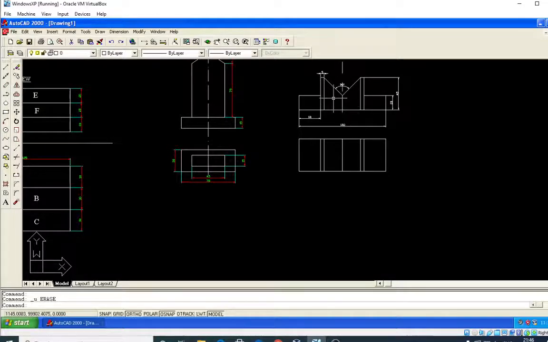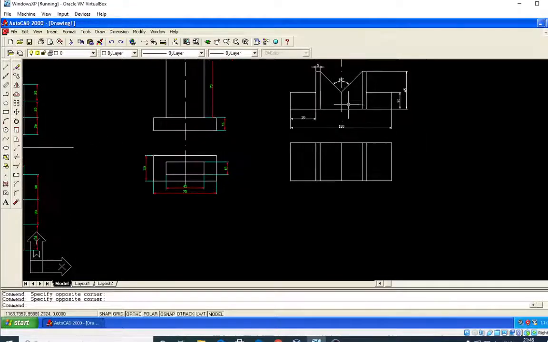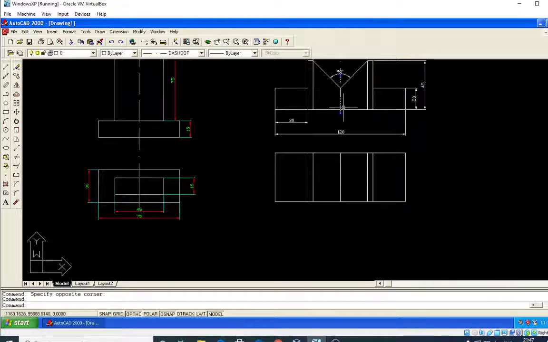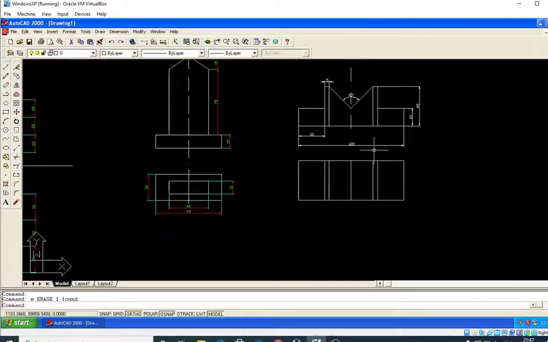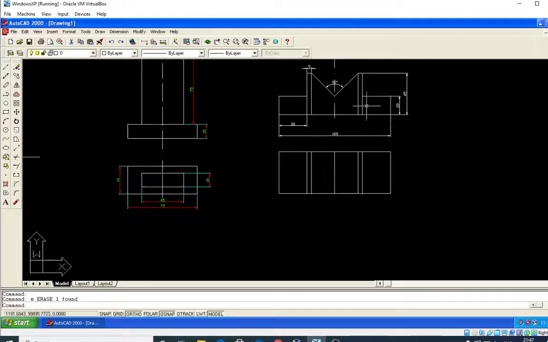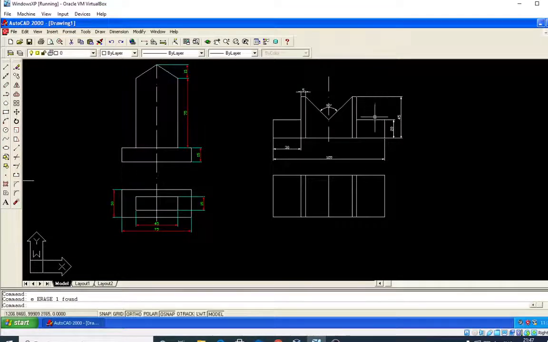Control Z, because inside there is one more line, it is not visible to you. Okay, you can click on this, erase it. Okay, so as you know that, see from the top, when you view from the top, this looks